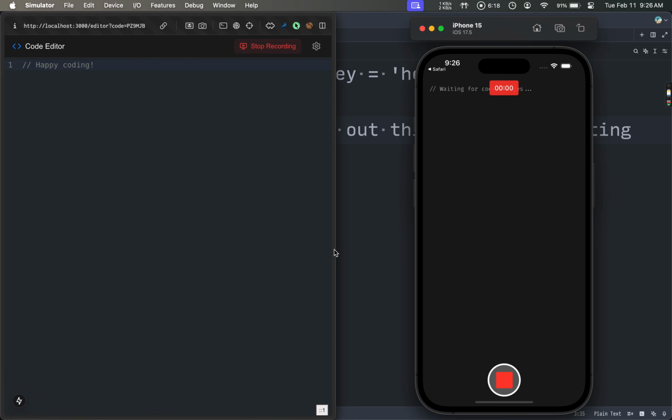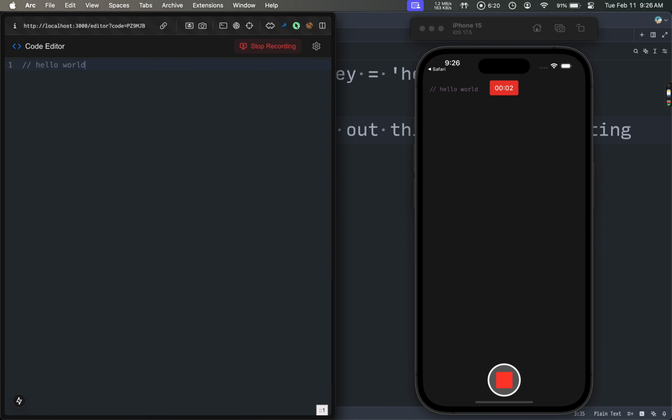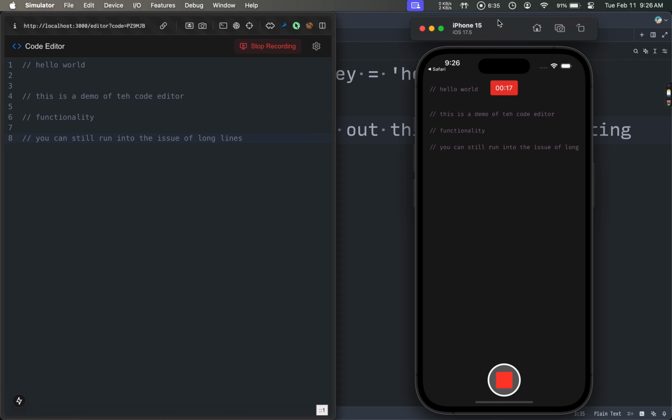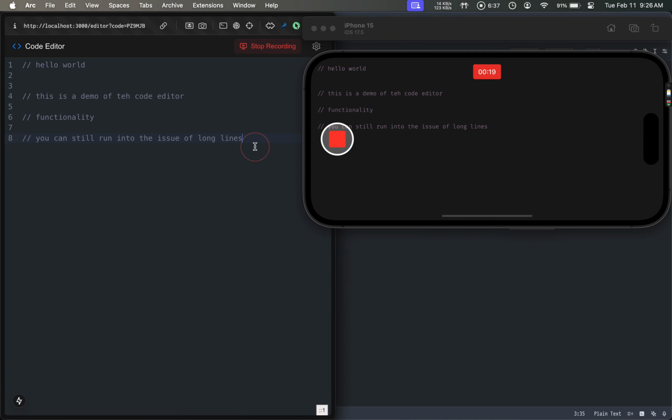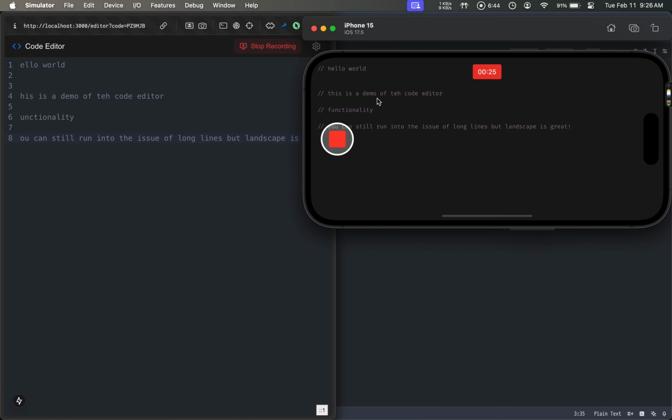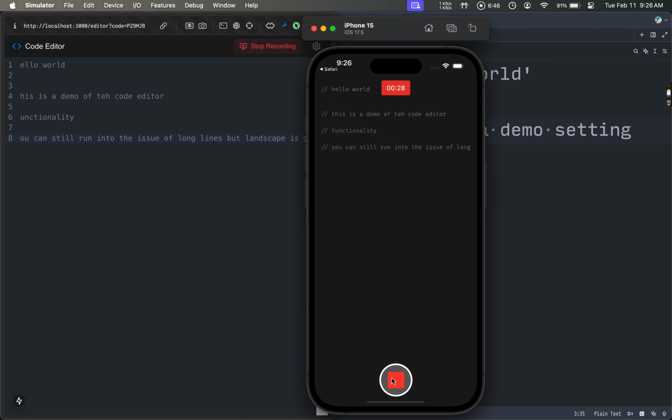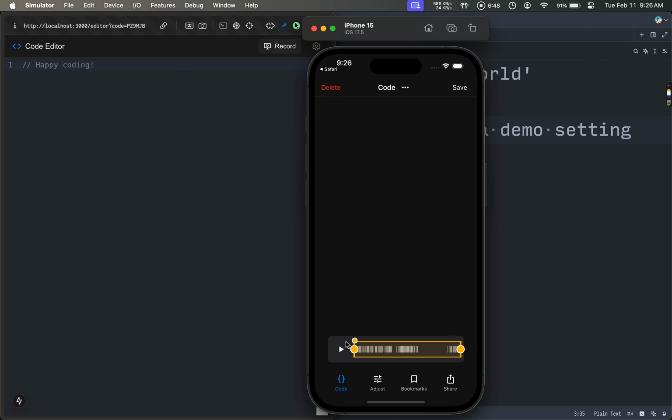So if we do actually start recording this: hello world, this is a demo of the code editor functionality. You can still run into the issue of long lines. So this is true, right? If you turn this landscape, then you can go even further, but landscape is great. Yeah, so do that. And so if we end this recording here, we're brought into an edit screen,